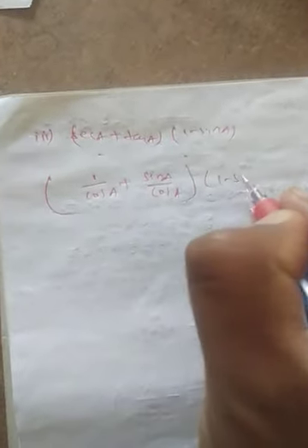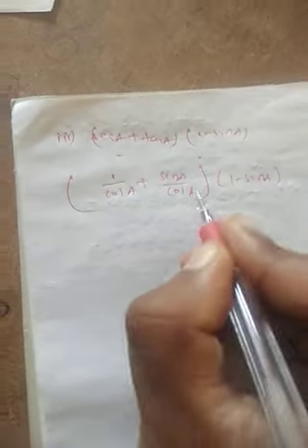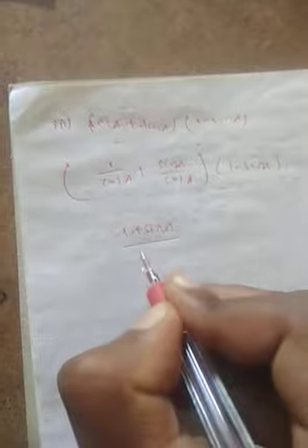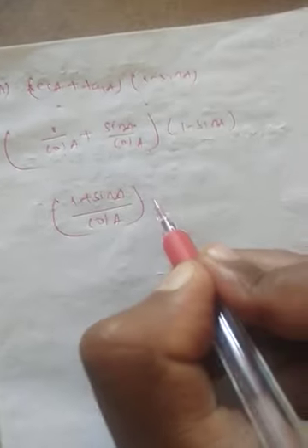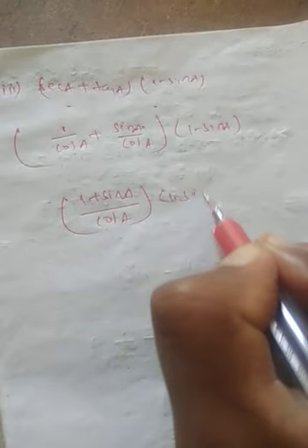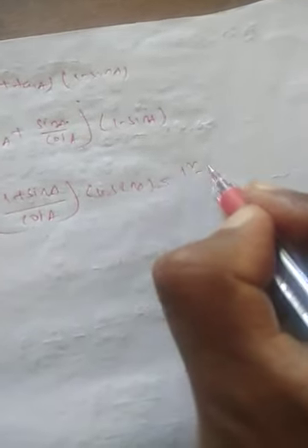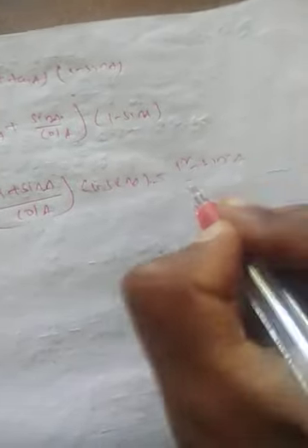Why am I writing it like so? I don't have any relation between these two, so for that I am writing in terms of sin and cos. The denominators are equal, so this will become 1 plus sin a by cos a and 1 minus sin a. It is like a plus b into a minus b, a square minus b square, 1 minus sin square a by cos a. I am going a little fast, as we have already discussed many questions on identities.